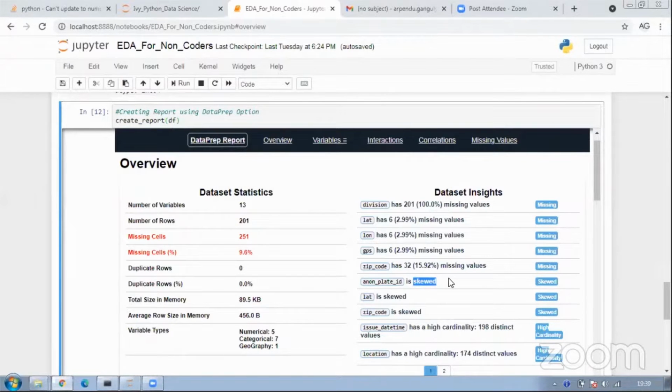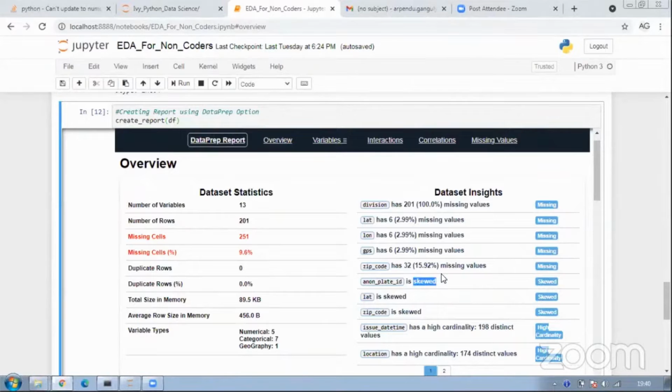It also tries to find by itself if something is skewed. Plate ID right now, from a consumption point of view, might not be very important, but it sees that it is skewed. Which means that if you run this report on any other data, where you have not just ID columns but other columns as well, it can tell you which is skewed and which is not.